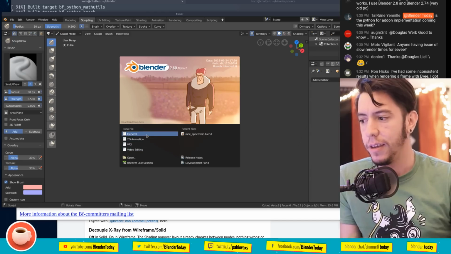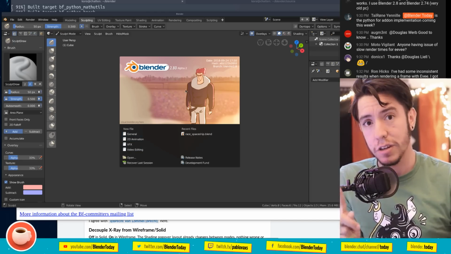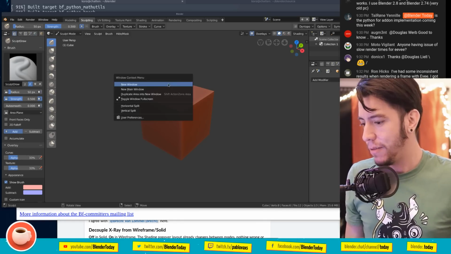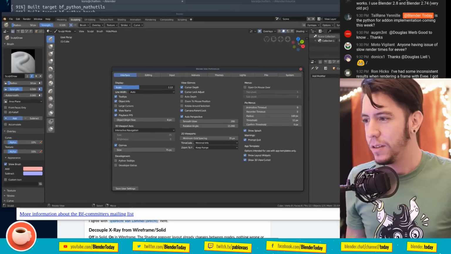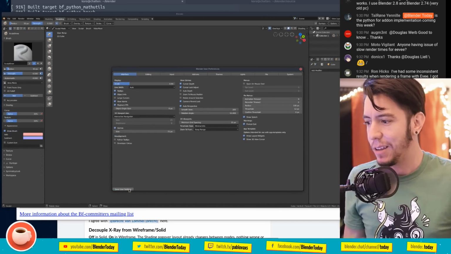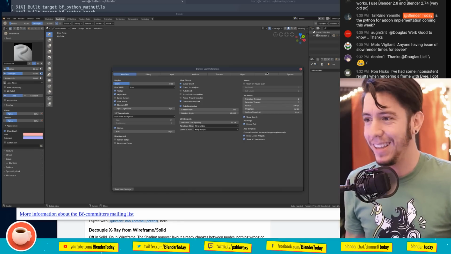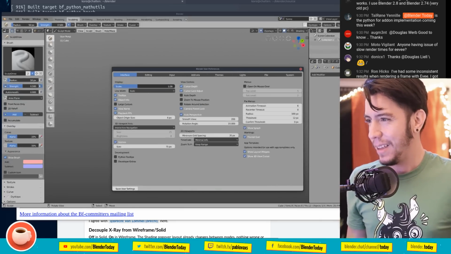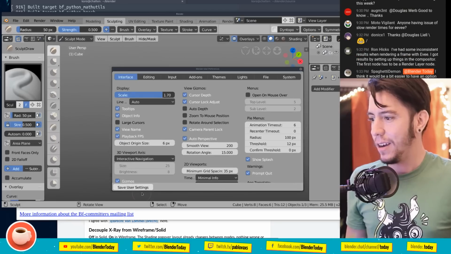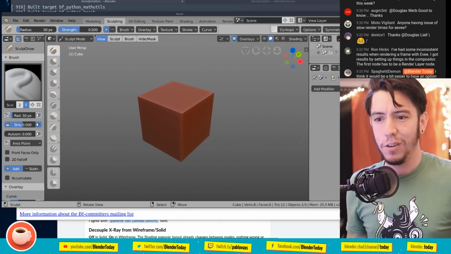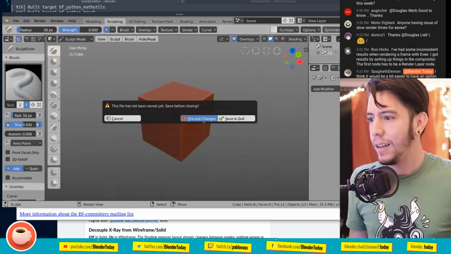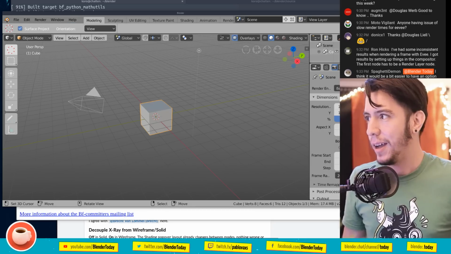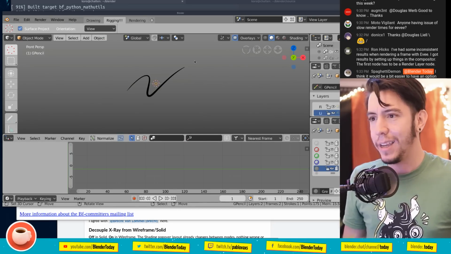And also the fact that now the user preferences, for example, if I suddenly want to change my user prefs, and I want the windows to be very small because I can't read. Okay, this is very hard to read, just to prove a point. All right, let's change the theme. Let's make it flat light. And let's keep it even bigger. There you go. Okay, this is my new setup. Then I close Blender and open it. And now I'm in the general template startup, but with the white theme, and also in the 2D animation and everything,